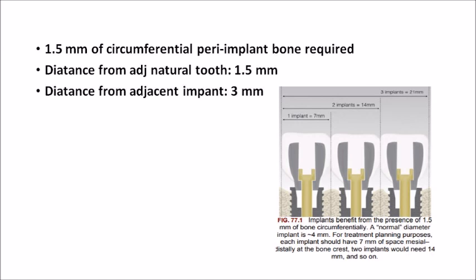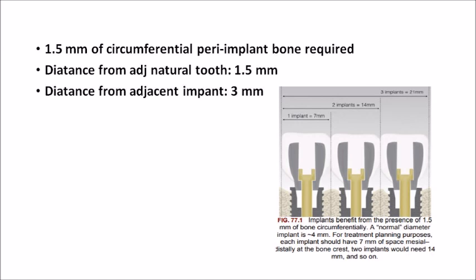So the distance of an implant from an adjacent natural tooth is considered to be 1.5 millimeters. We already said it needs 1.5 millimeters of bone circumferentially. So when one implant and one natural tooth are close by, this 1.5 millimeters is enough. When one implant is adjacent to another implant, what is happening? One implant needs 1.5 millimeters circumferential to it. The next implant also needs 1.5 millimeters circumferential to it. So when we sum up these two implants, when they are sitting nearby, they need 3 millimeters of distance. Correct? 1.5 plus 1.5, the distance between two adjacent implants should be 3 millimeters. So this concept should be very clear.